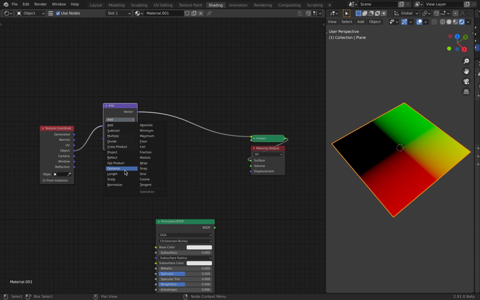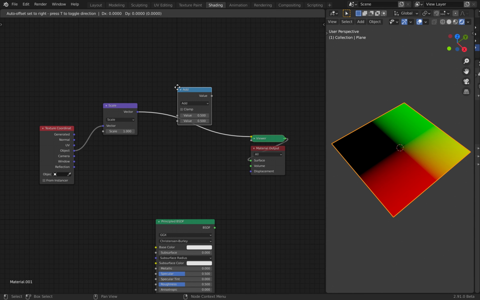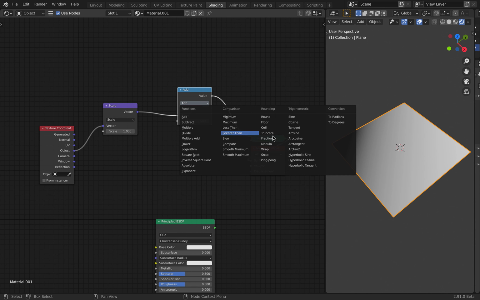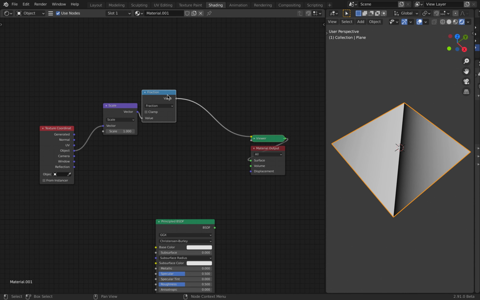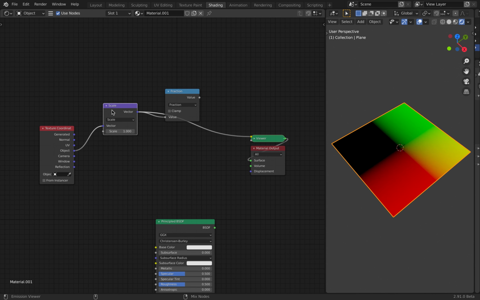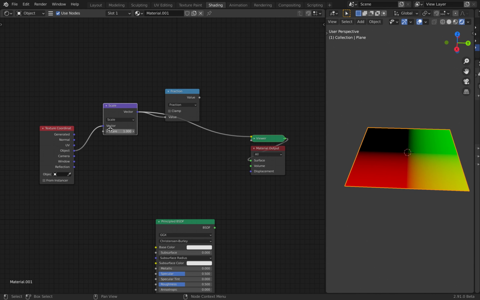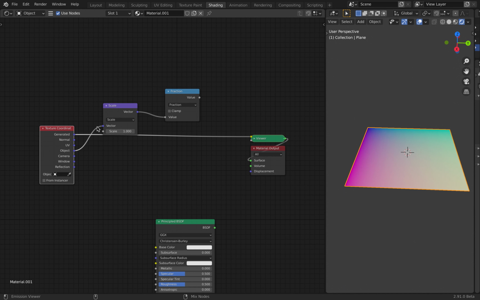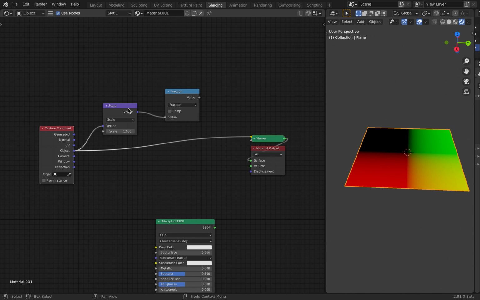You can go ahead and choose scale right here, and next add a math node. This one will switch it to fraction. So I'll break down what each of these nodes does. So scale, when we have just the scale in view, nothing going on. Right now it's scale set to 1, and the object coordinate looks identical to what we see in the scale, right? It's identical. So now if we increase the scale by a bit, say by 5, you see that